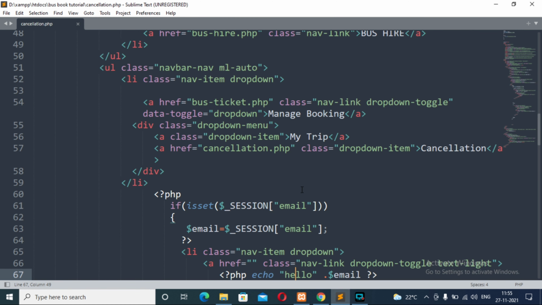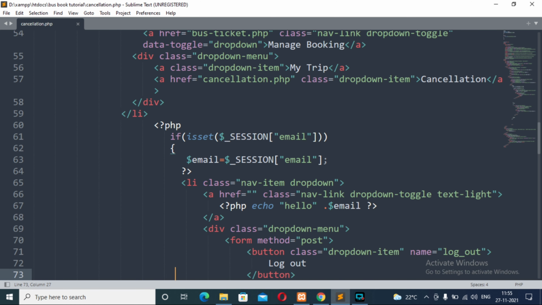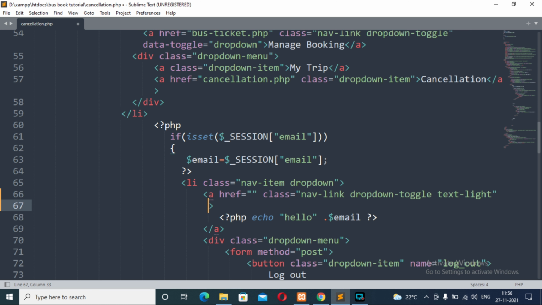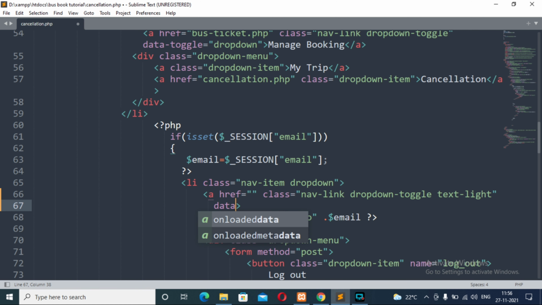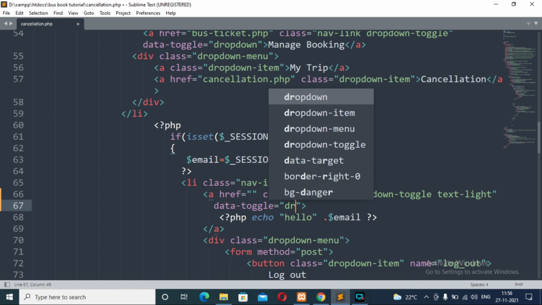For this, come to the PHP section. Okay, here follow me on line number 66. Here you need to add another attribute in the anchor tag, that is data-toggle, and the value will be dropdown.